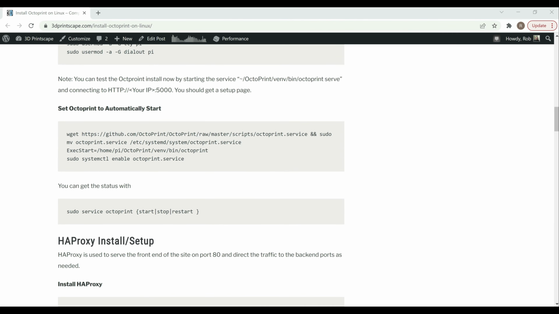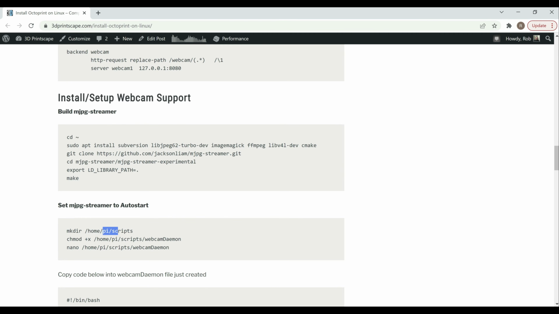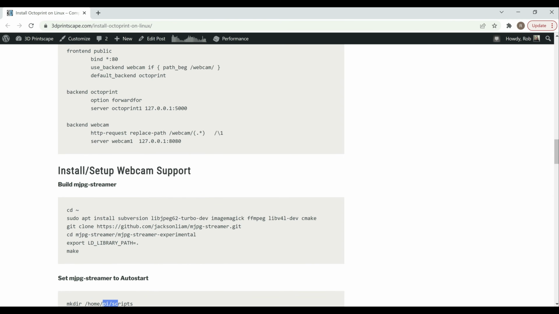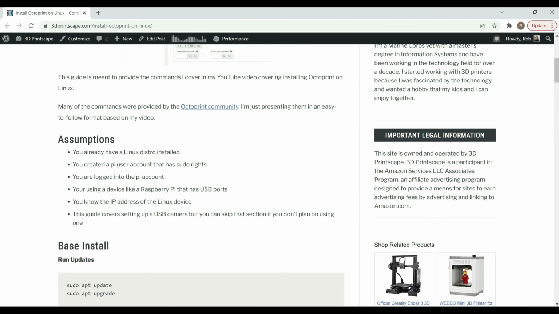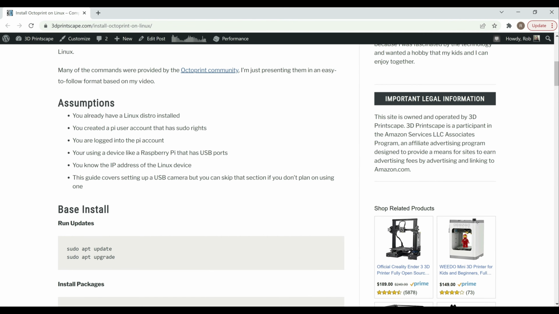Here's an example where I'm referencing a home directory. So if you don't want to go with Pi, you will have to find any reference to home/Pi and change it out with whatever name you're going with. I didn't variabilize this because it's really just a bunch of text boxes, so it wasn't able to work that way. I'm assuming that you're logged into the account as that user, and that user has sudo rights,